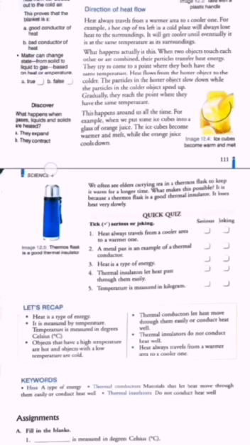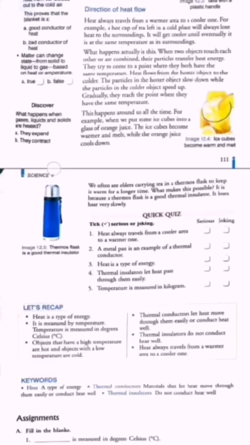That means if you keep a hot tea cup and you leave it, ultimately after some time it will get cooled down. That is the reason, as it loses heat to the surrounding. It will get cooler until eventually it is at the same temperature as its surrounding. So what happens actually is this: when two objects touch each other or are combined, the particles transfer heat energy. They try to come to a point where they both have the same temperature.